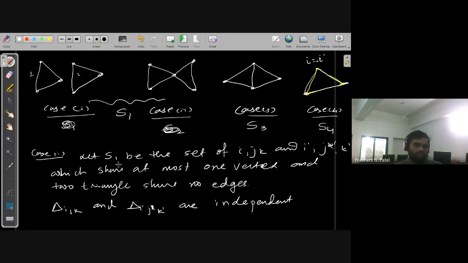In S1 it is independent. So therefore, what I can say about this expectation of delta ijk, delta I dash j dash k dash over S1, that means whatever the I dash j dash k dash and ijk, all of them are in S1, it is an independent event. So I can take this, and we know that the